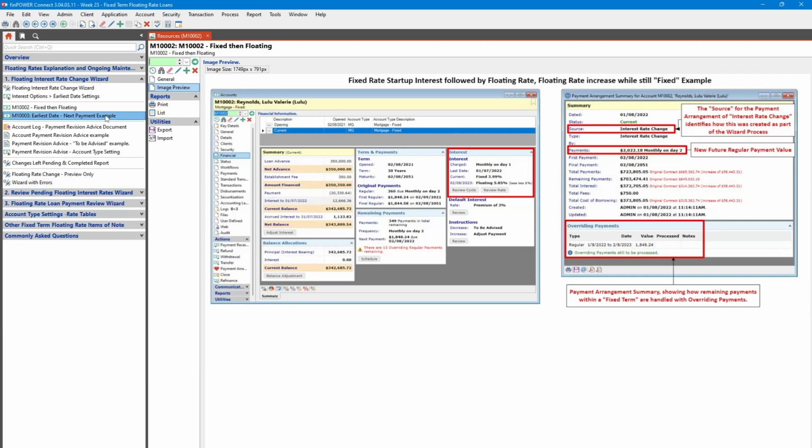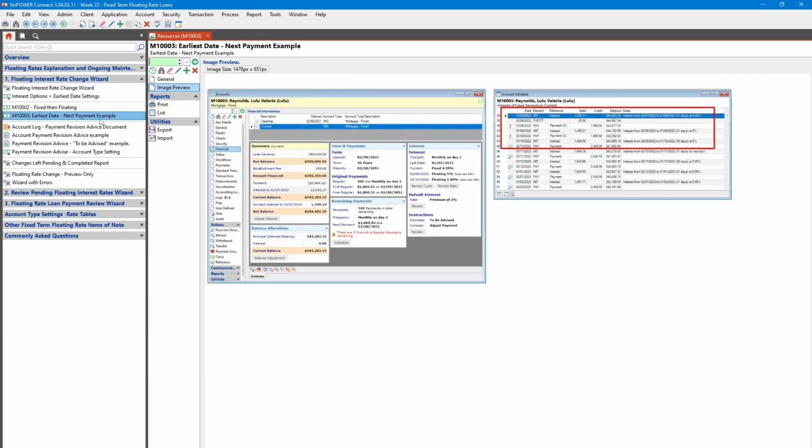In our next example, the loan account has recently switched from its startup fixed rate to floating and shows a different result. It shows that the repayment will increase on the 2nd of October 2022. This falls in line with the instruction to not increase the repayment until at least 21 days after the effective date, which was on the 2nd of September 2022. The next payment after this date being the 2nd of October